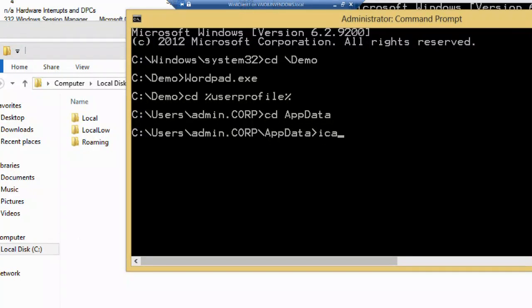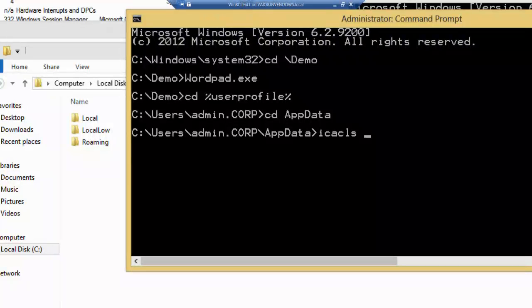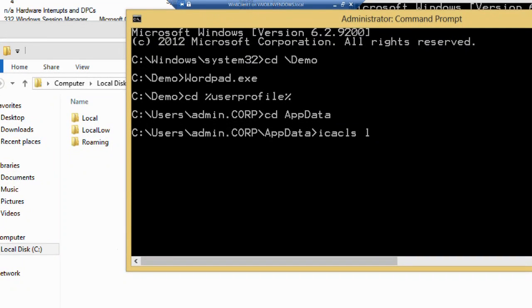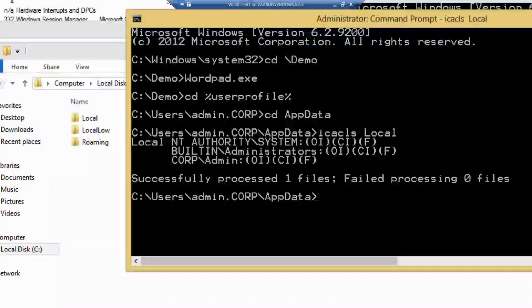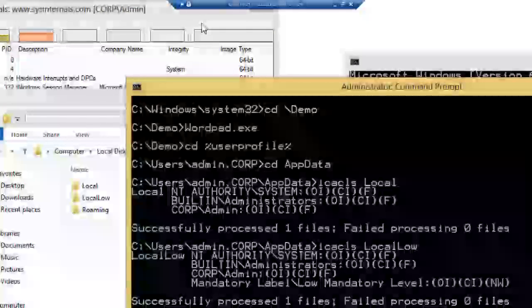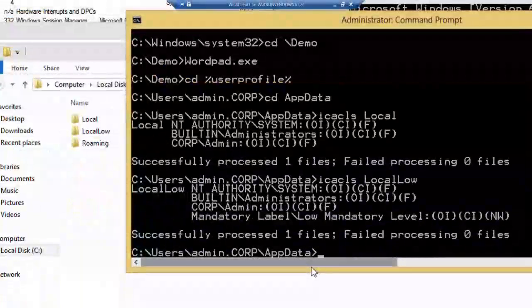To the app data folder, and use icacls to view the security of these folders. Now I have a local folder, which doesn't show anything special. And I have a folder named